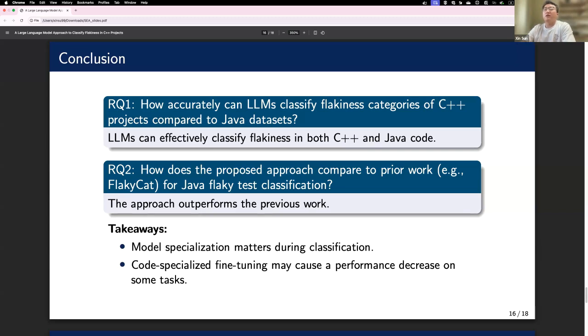First, as I said, the different performance between Mistral and Llama models shows that model specialization matters for different tasks. So it is important to select the proper model for each task to achieve better performance. And also, code-specialized fine-tuning may actually cause a performance decrease on some tasks, as shown by our results.